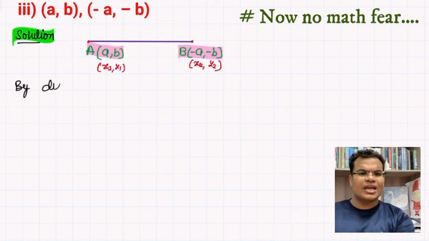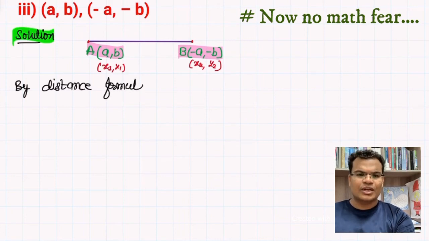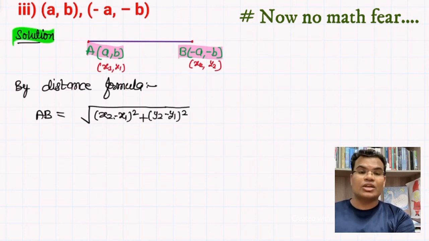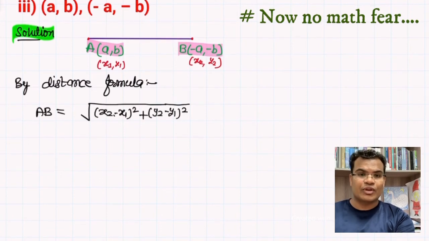After this we'll have the distance formula. You are very familiar, and now you have got confidence that you can apply the distance formula after writing the formula and putting the values of x1 y1 and x2 y2. Okay, so under root, I'll request you all, please write down the formula: x2 minus x1 whole square plus y2 minus y1 whole square, and then you have to put the values. Don't put the direct values, guys.